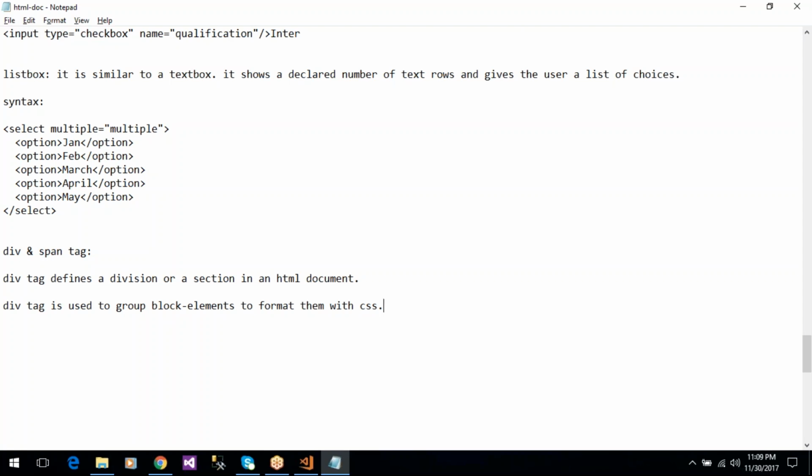And the div tag has no special meaning in HTML, and no required attributes,